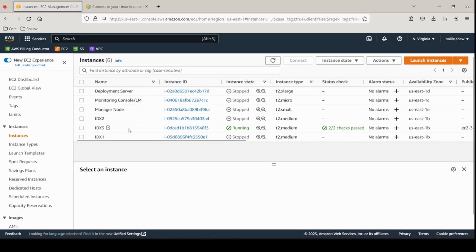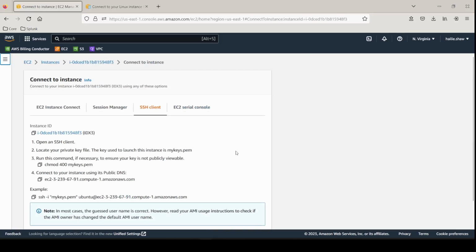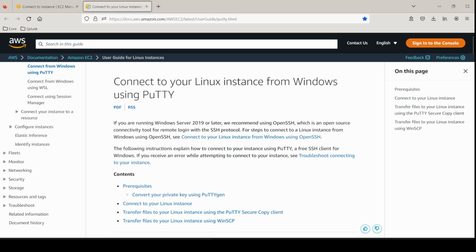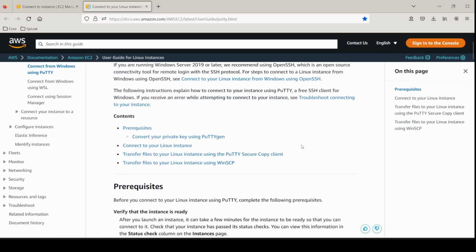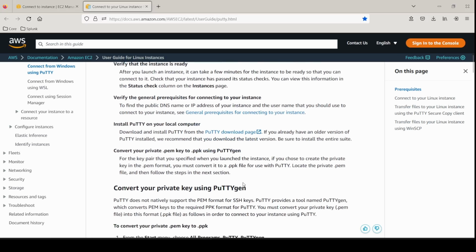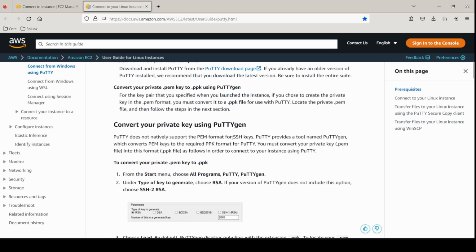Welcome to setting up a PuTTY session for your EC2 instance. Here in our AWS EC2 instance dashboard, we're just going to try and connect to my Splunk indexer number 3. And here AWS has a guide that we're just going to walk through for the prerequisites to connect using PuTTY to your EC2 instance. You probably have everything else like PuTTY installed and your instance is ready, so the thing